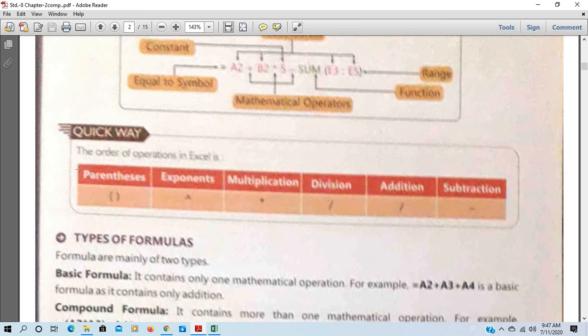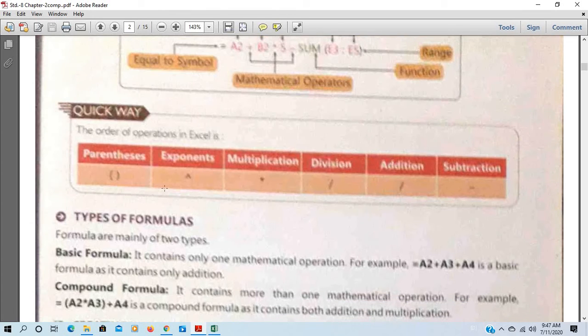Now what is the order of operation in Excel? See, in mathematics you have also learned this. First of all we do the function of bracket, then the function of exponent, and then multiplication, then division, then addition and subtraction. In BODMAS it was similar, but there was no exponent.